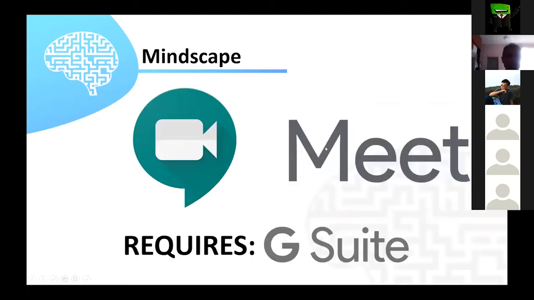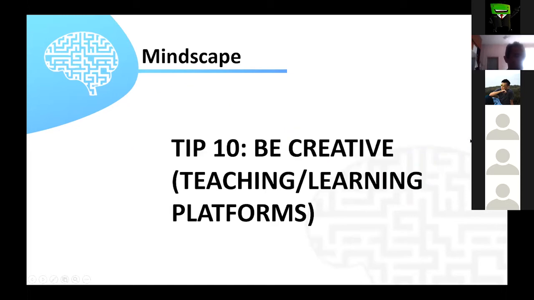And then finally, like I said before, Google Meet has a built-in recording function, but you have to purchase Google Suite for Education in order to access that. So if you're fully committed to using Google Classroom or Google Tools for teaching online, your school or educational facility should invest in Google Suite for Education. It's not very expensive but a useful tool for teaching.